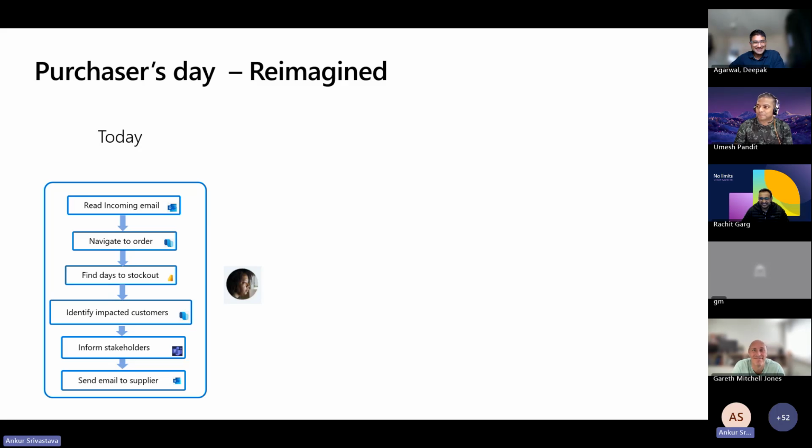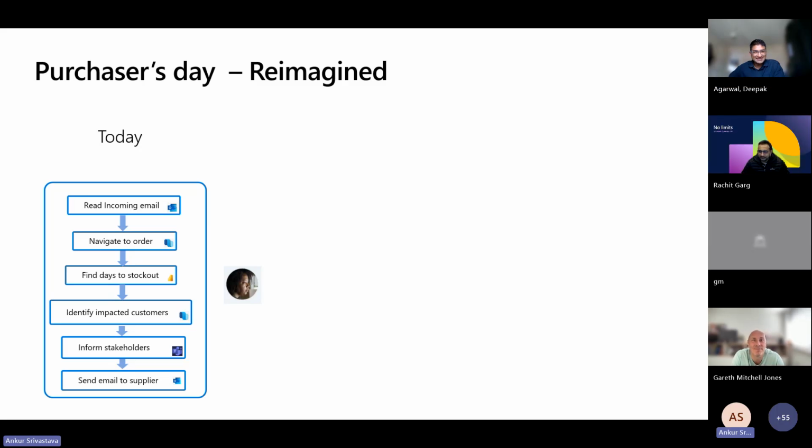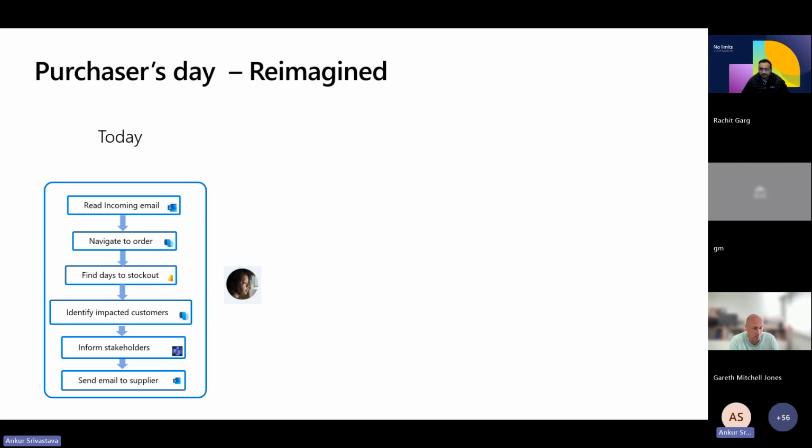So let's look at the typical day in the life of a procurement personnel. The purchaser spends a large part of their day manually managing supplier communications and navigating across multiple products. Delays are common due to the inability to respond in a timely fashion, and manual errors can happen that lead to incorrect order updates. When an issue arises, it is difficult to quickly find alternatives or communicate effectively with the stakeholders, which will lead to lost revenue and customer dissatisfaction.